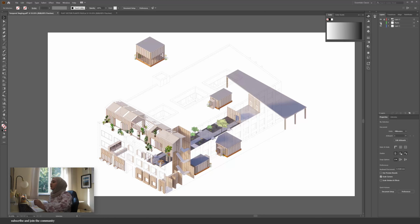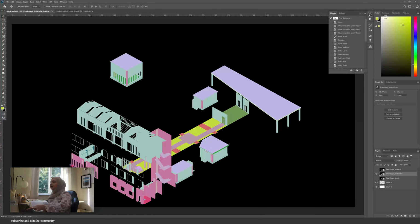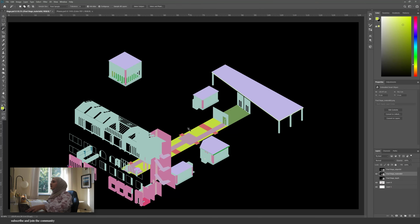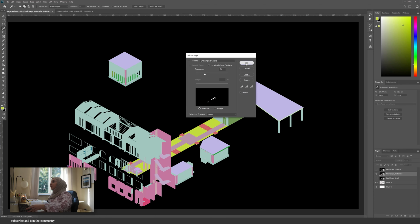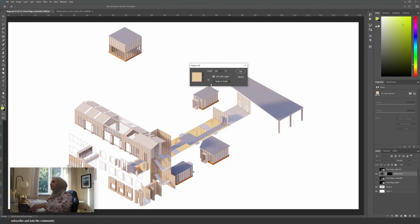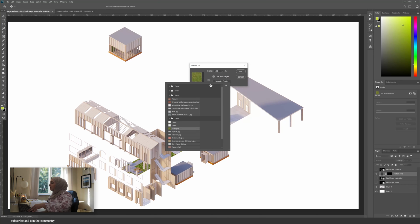So this is how the drawing's looking with the tree and the plants. I'm gonna go back into Photoshop because I want to add a grass texture, and then I can use one of these channels and use the color range again to select all of this color, add pattern, and then I can add the grass texture on top, change the scale of it a little bit,